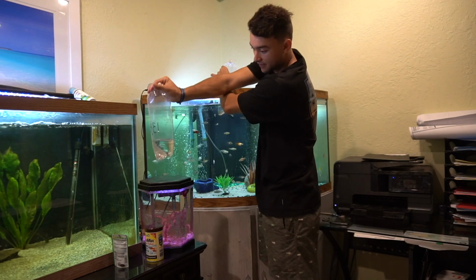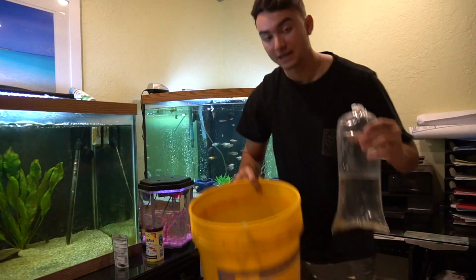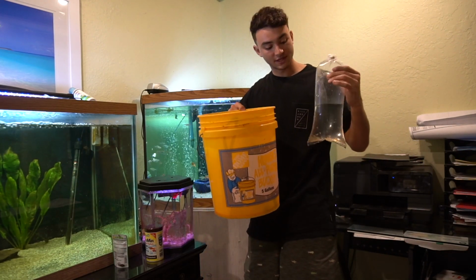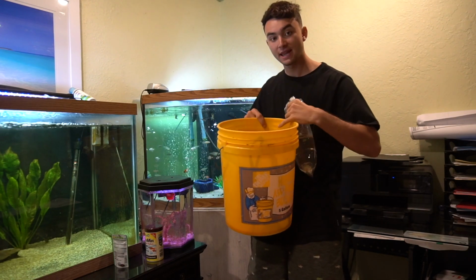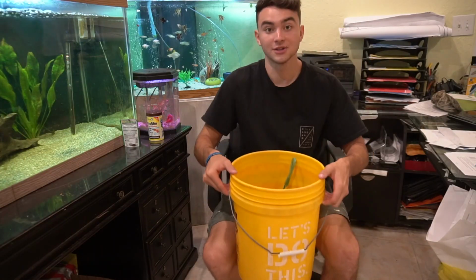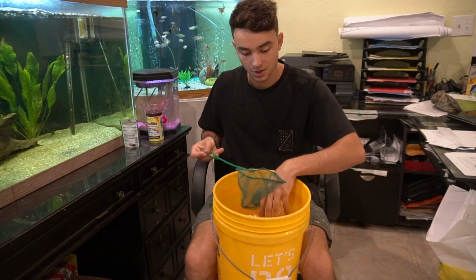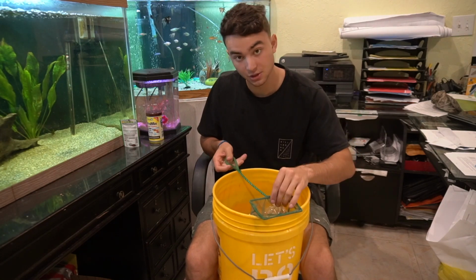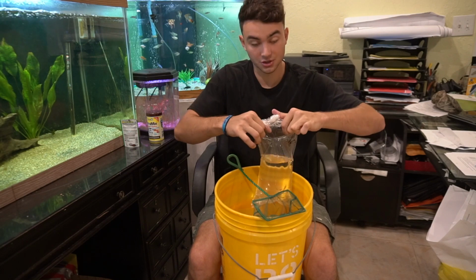This one's going inside of here, and then these guys are going to be going inside of here. We got the little 5-gallon bucket that I'm going to be using to take out the water from this so I can set the shrimp inside of this tank, and then also for the Pleco to go inside of the small beta fish tank. Alright, so you guys all know pretty much how this goes. You take the little net, you put it across the entire bucket like so, how it is. You open the bag of the fish, or